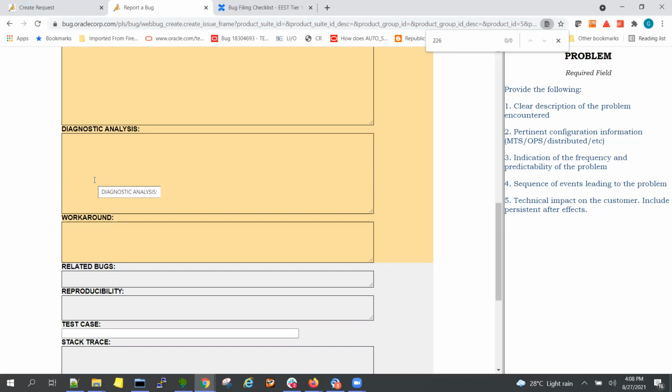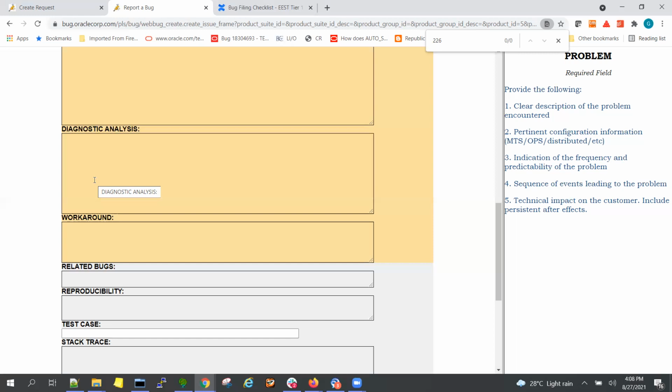Or even if there are any known issues in the current version, but you are still having the problem, you can refer those bugs in the related bugs. For example, if the customer mentions, I'm already on 19.11, I already installed one patch, but I am still seeing the same issue which is reported and fixed in that patch, you can reference that bug here. The customer noticed the same bug, the patch is already installed, but they are still facing this. Then in the diagnostic analysis, you can reference the bug number here in the related bugs.